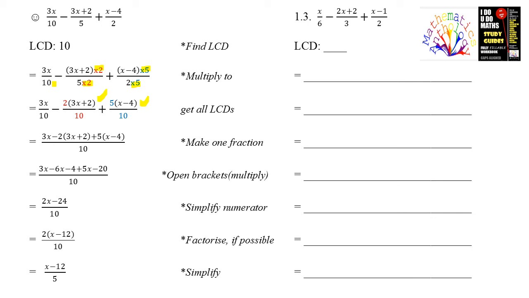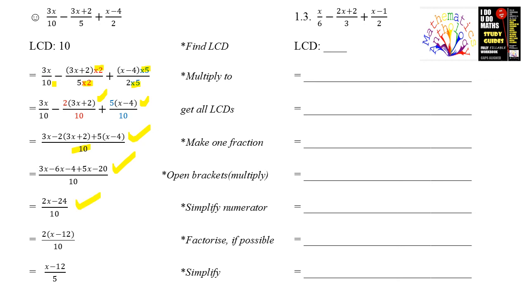I can put all three fractions over one denominator. This is not an algebraic equation. That's why I didn't drop off my denominator. You can only drop off the LCDs when they are the same if it's an equation. This is not an equation, so I cannot drop off the denominator, so I'm keeping it as 10 all the way through. Right, so I'm going to end up with 3x minus 2 into 3x plus 2 plus 5 into x minus 4 here. I'm going to open those brackets out, and I'm going to simplify by putting my like